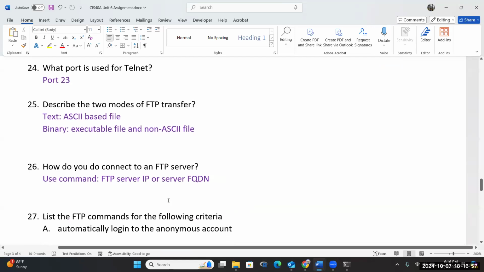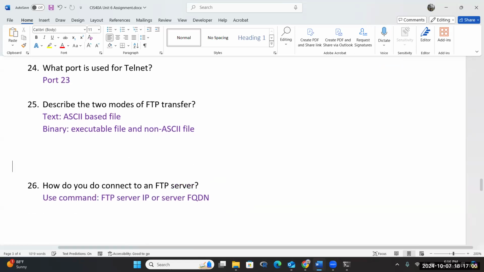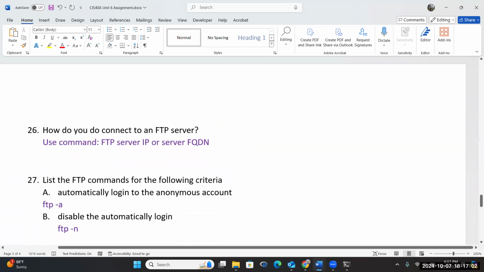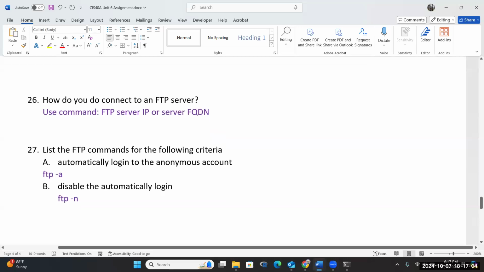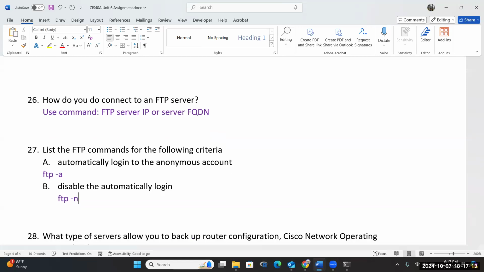Okay. I'll move 26 down so we can see both in case you're still working on that. Okay, for 27, list the FTP command for the following criteria. Automatically log into anonymous account. I can use